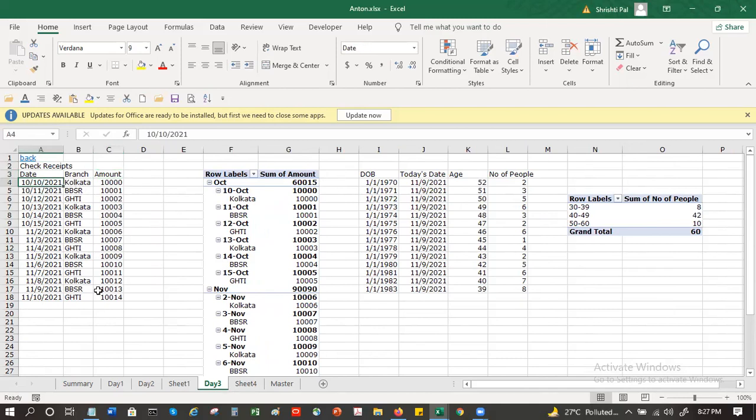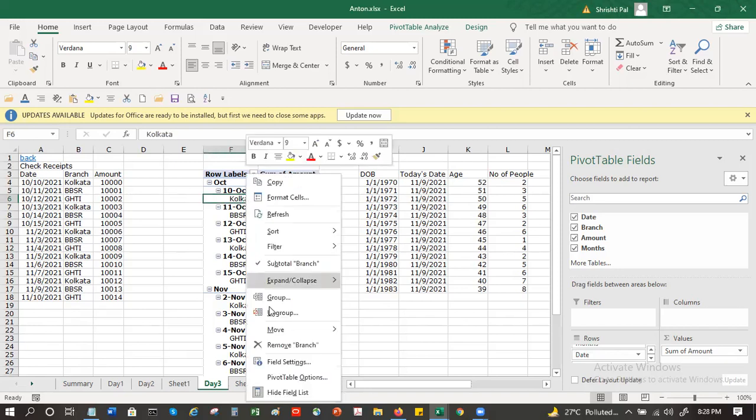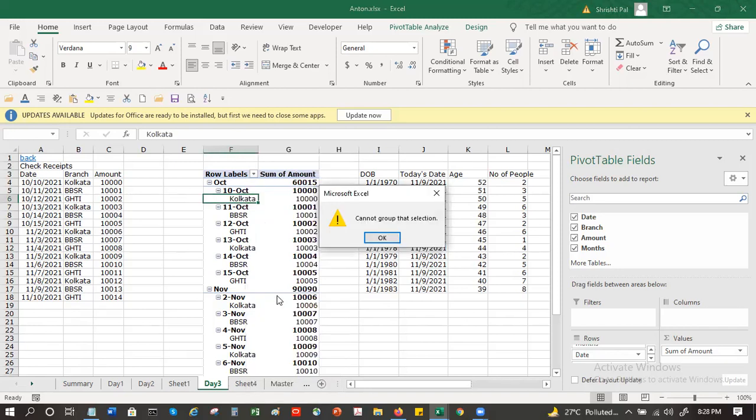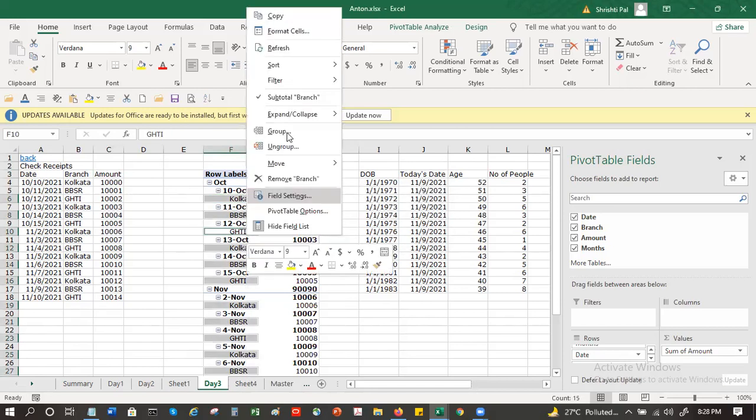I have, let's say I create a pivot table like this, where I have the sum of amount. And I have the months and the date here. So I can group it week wise also. So if I were to see the amount of receipts entered weekly, week is actually not an option here right now.